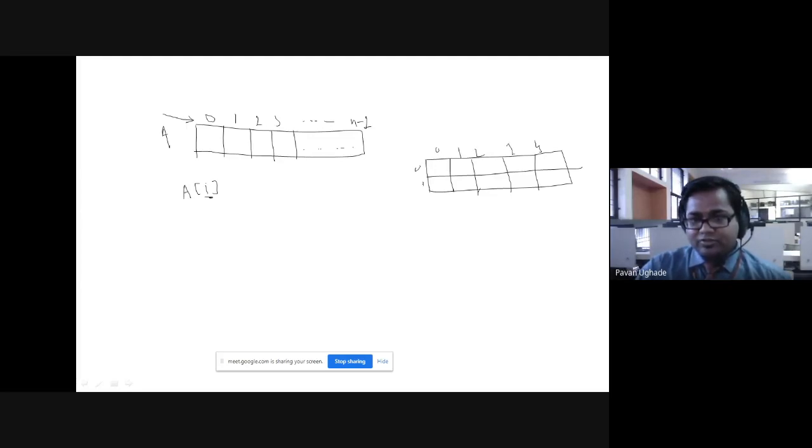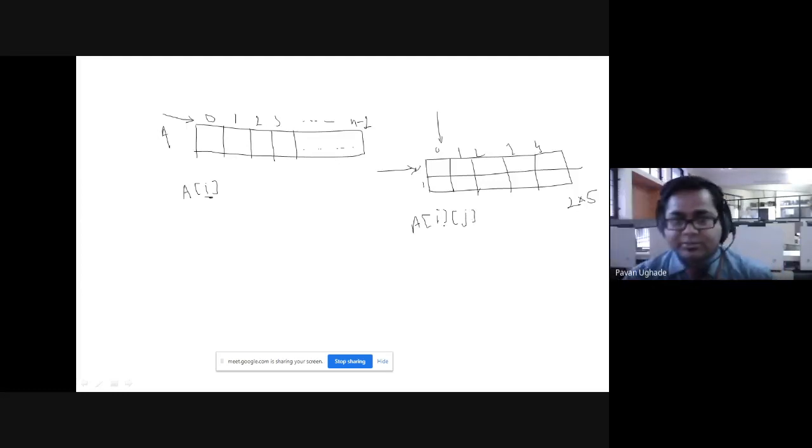Here also you will be accessing through one index value for the row, and for the column another index value. We represent it with two indexes, A of I and A of J. This is what we have discussed about arrays.